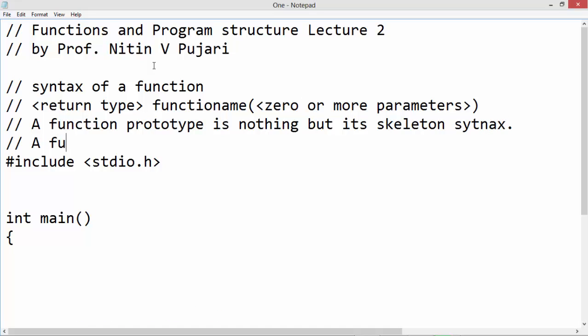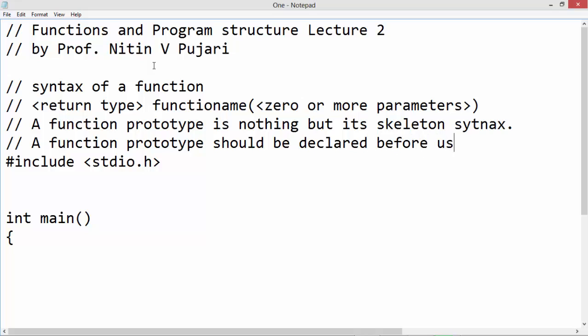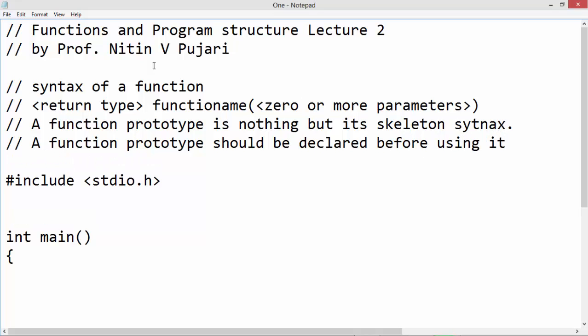A function prototype should be declared before using it. This is just a recommendation, it is not mandatory of course, but it's nice to have a function prototype declared before using it. Okay,